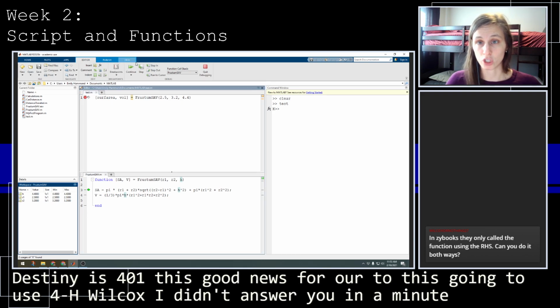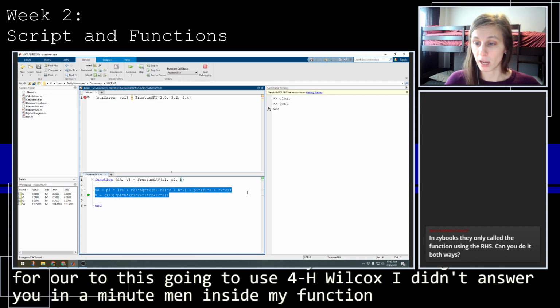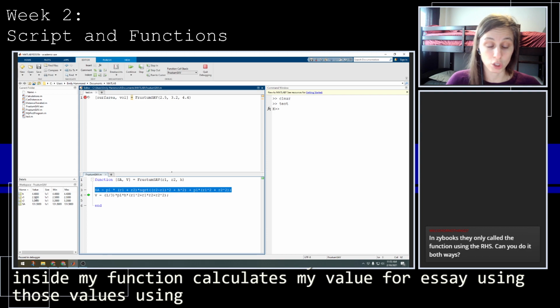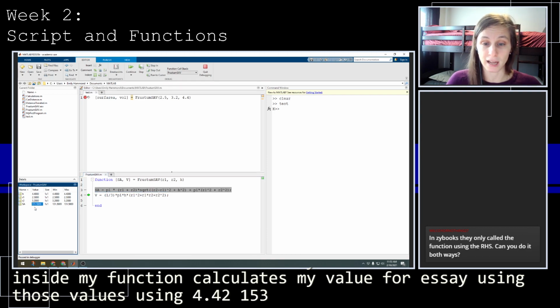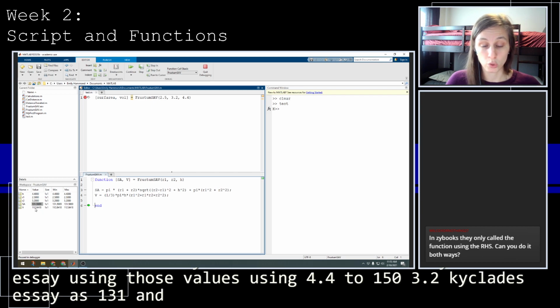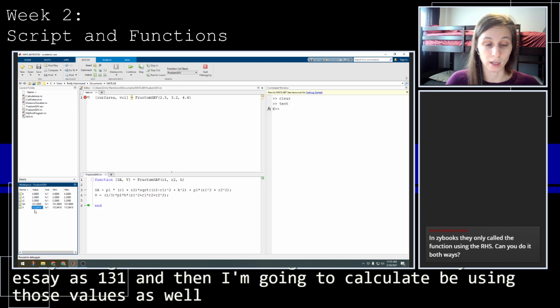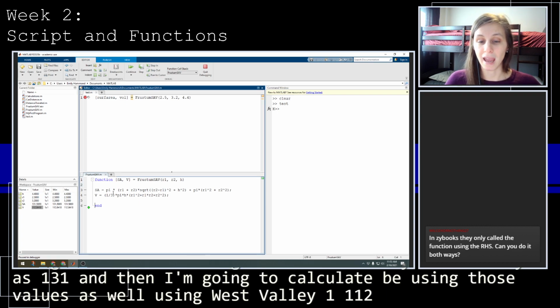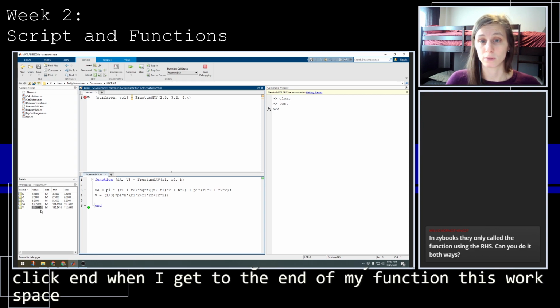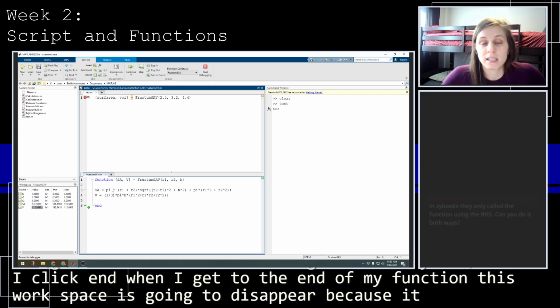And then inside my function, it calculates my value for SA using those values, using 4.4, 2.5, and 3.2. It calculates SA as 131. And then it's going to calculate V using those values as well, calculates a value of 112. When I click end, when I get to the end of my function, this workspace is going to disappear because it's completely separate. It's isolated.